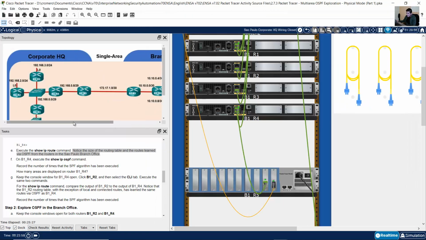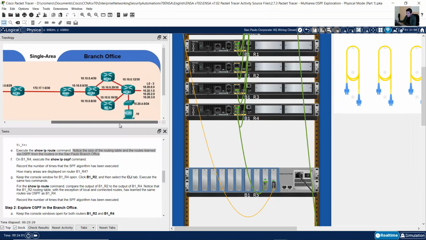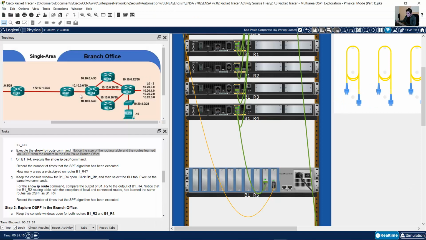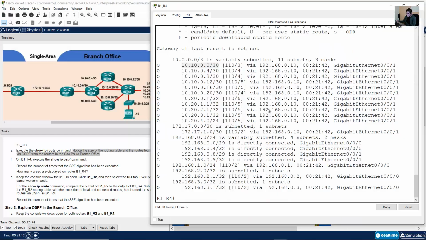Okay, and 10.0.30 is this network on branch office. 10.10.04